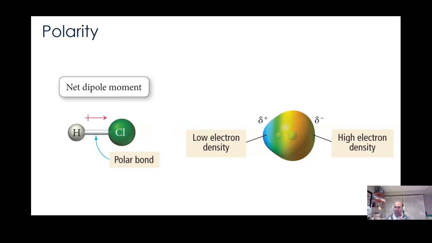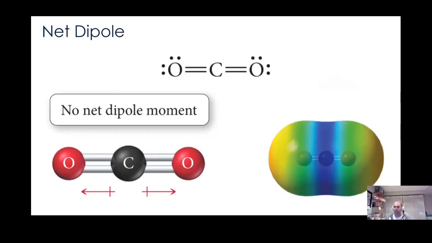There's a lot of electron density around the chlorine and almost nothing around the hydrogen. So there's a partial negative around the chlorine and a partial positive around the hydrogen. And this is called a dipole moment, and it's a vector quantity. Now, the thing is, this gets trickier when we start introducing